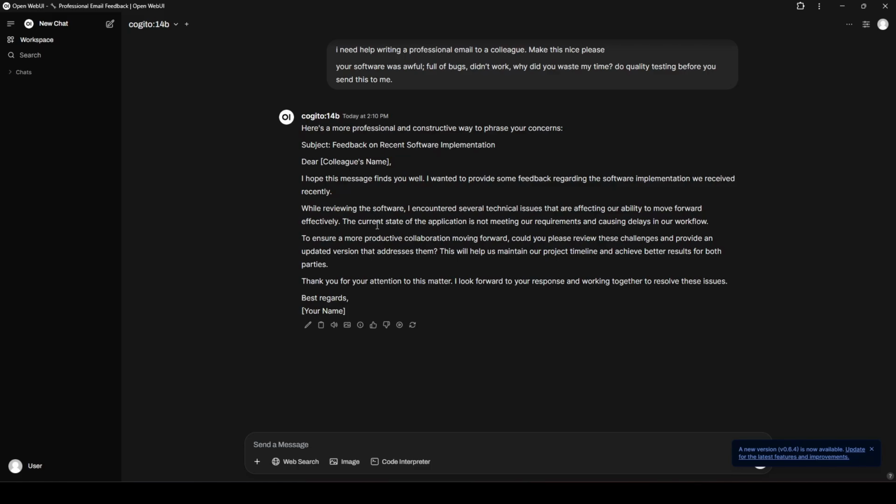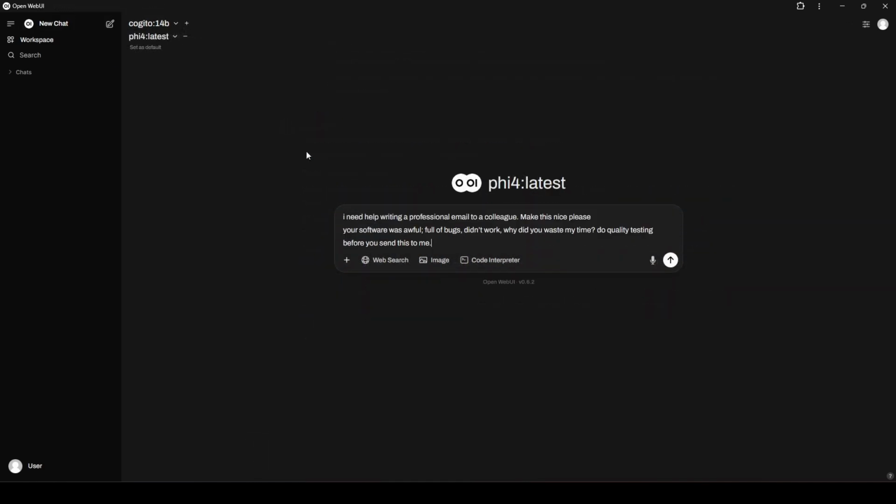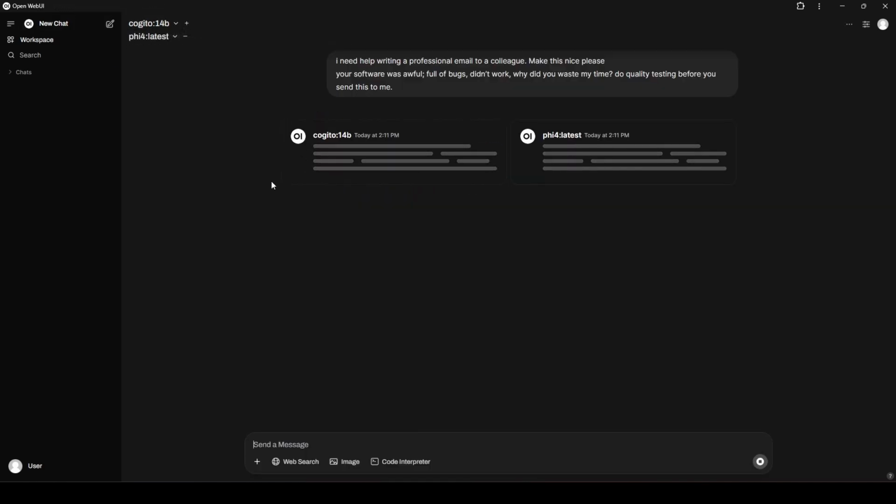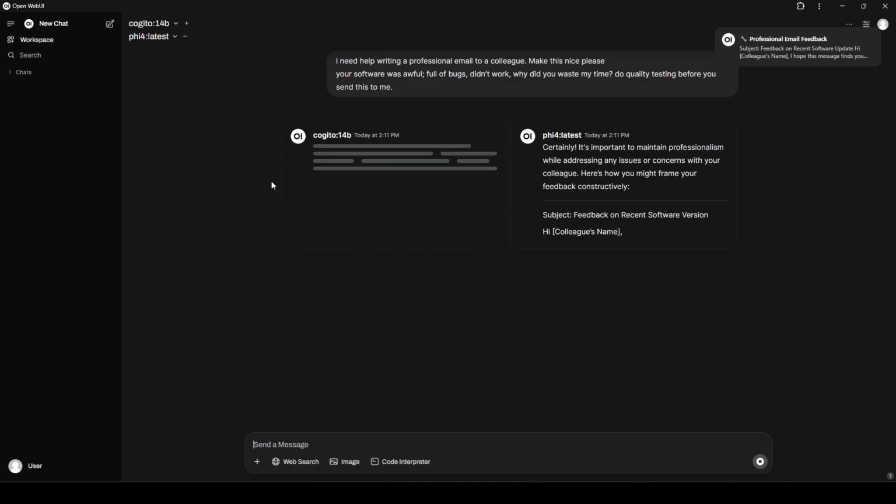Okay, so how do I feel about this compared to 5.4? Actually, wait, let's do a little comparison here, okay? And we're gonna ask the exact same question. This time we're gonna ask both of them, and we are gonna be able to see a side-by-side comparison. I suspect that 5.4 is going to do a slightly better job, but that said, it may not. Let's see.